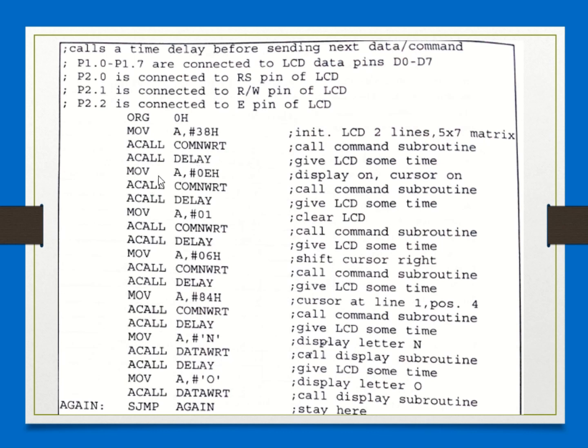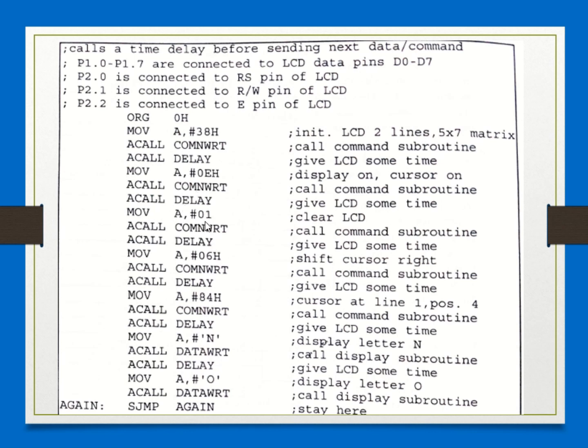Okay, so then you are sending another command, 0E. Remember from the display command table, you can go back and refer later. This command is to display on, cursor on, or cursor blinking. You send that command to A, call the subroutine again and wait for some time.